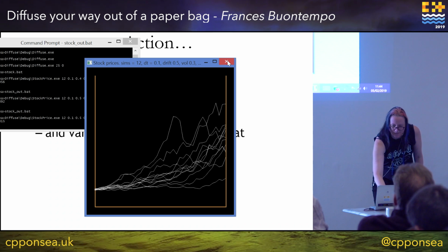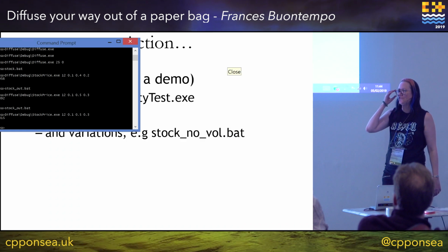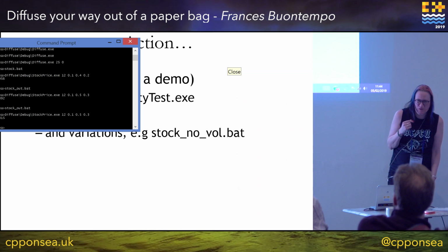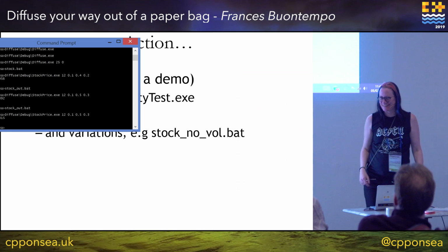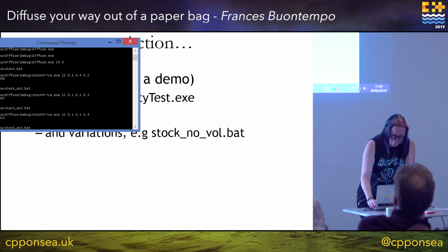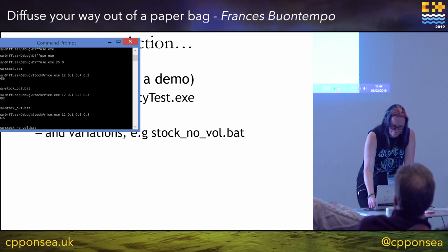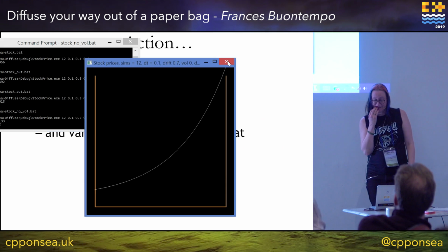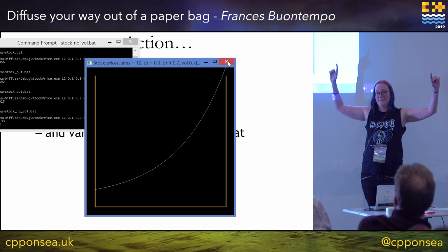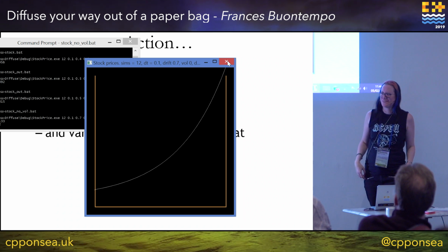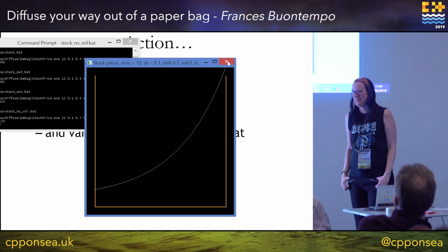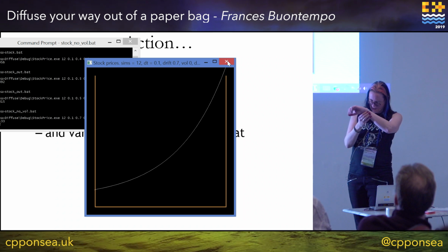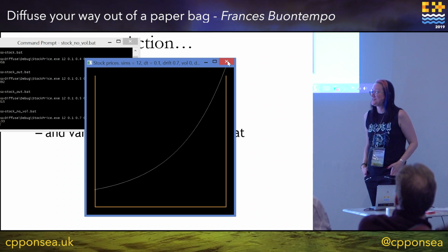We could turn off the volatility, and then actually we could do some maths to work out the return we needed to get it out of the paper bag. Yeah, we could start doing some maths on that. I haven't. That one's out. There's no diffusion this time, though, so I feel like I've cheated at this point, which just about gives us time for the third model.